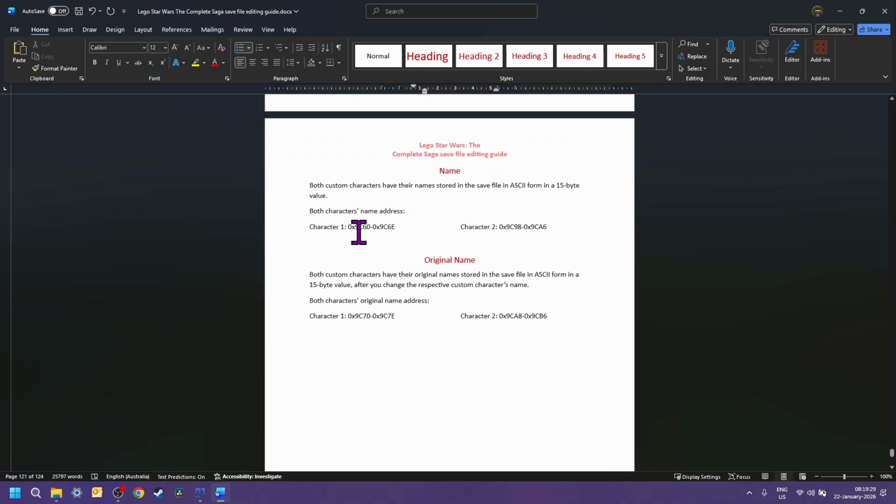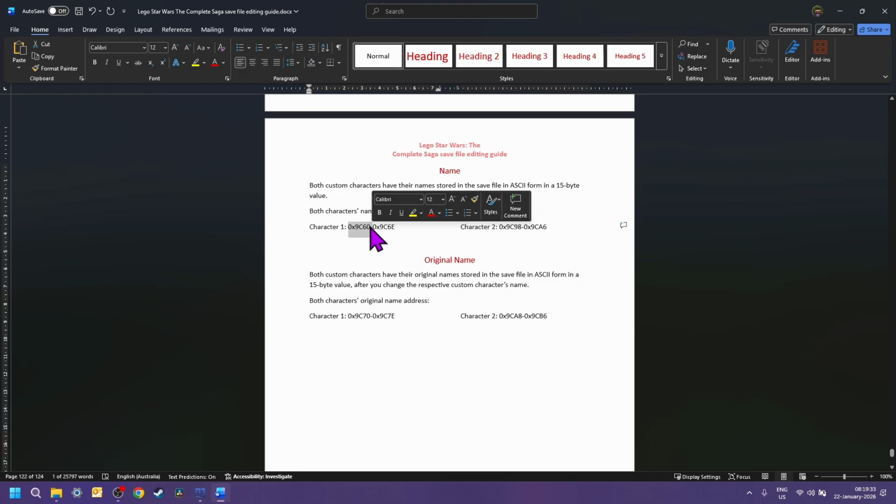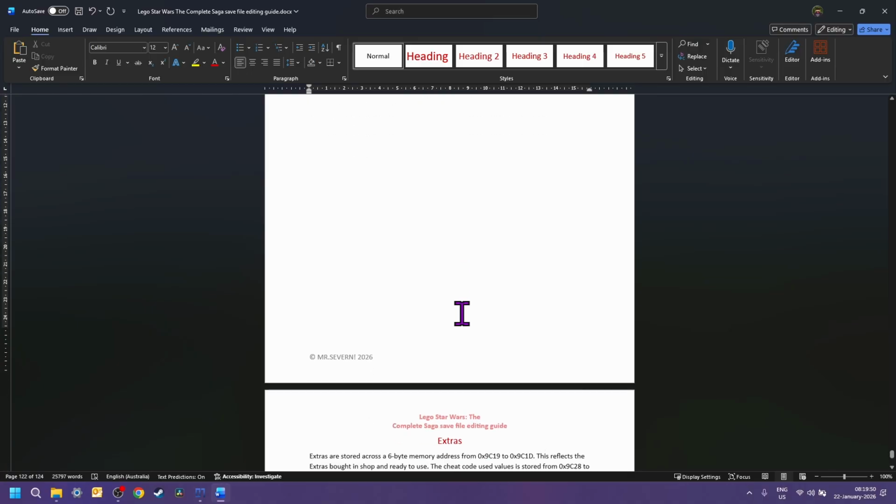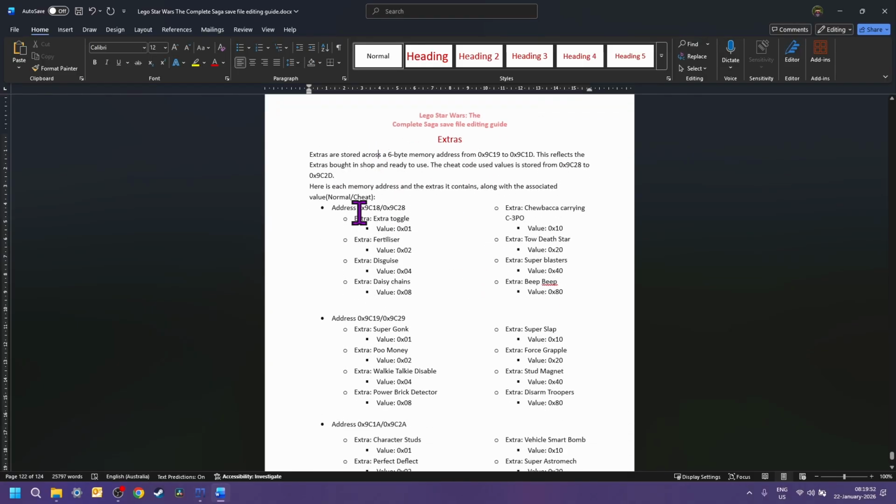And then the names are stored in 15-byte ASCII values, which converts to hex, but you know what I mean. And once you change the name of the character, it won't revert. It stores the original character's custom character name. And then extras.